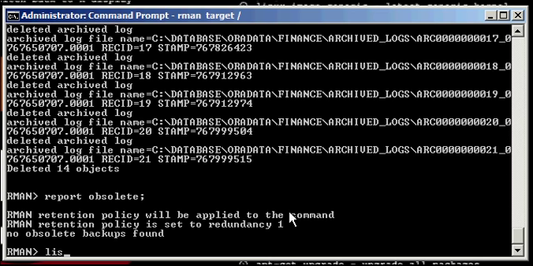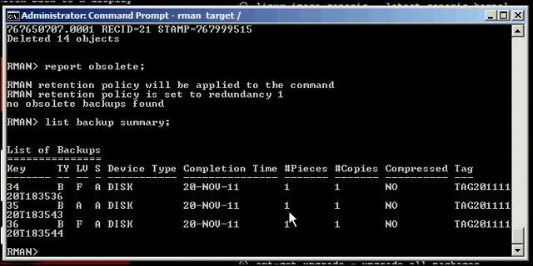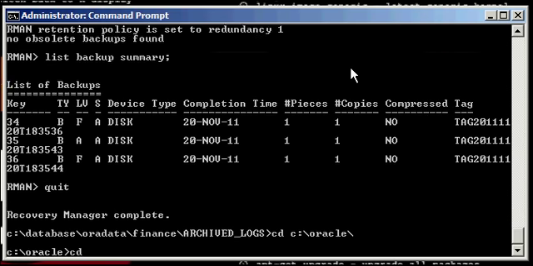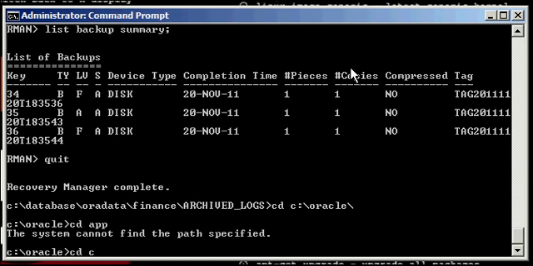Now if we type in a report obsolete, we will see that no obsolete backups have been found. And if we type in list backup summary, we will see that we only have 3 backup pieces as opposed to 4, which we had when we checked right after we ran our backup. And if we were to go to the default location where our RMAN backup pieces are written to,